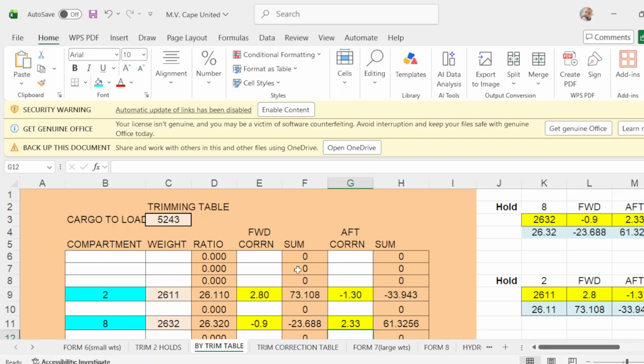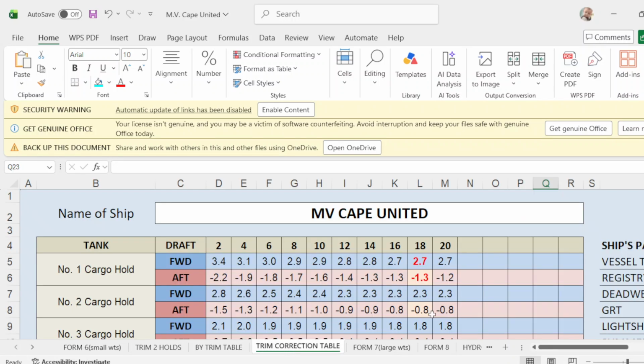Okay. Take note of the trimming cargo 5243, trimming hold 2 and 8, cargo number 2 is 2611, 8 is 2632. What is the correction of number 2? Forward correction number 2. So we go to number 8. Number 2 in red, bold, and make this black back to normal.